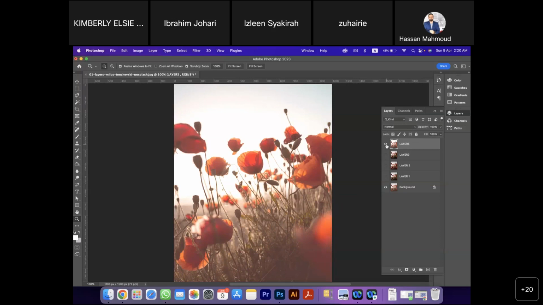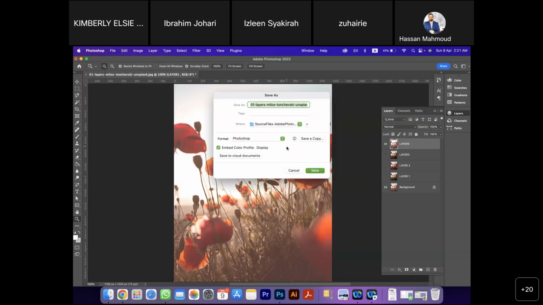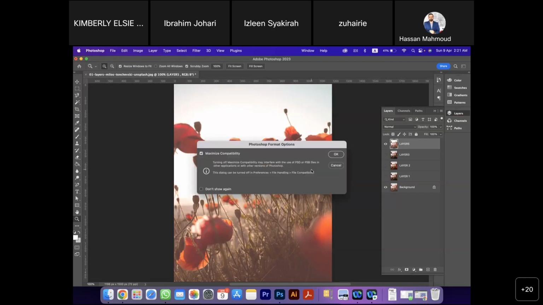Now, this is the first feature I really want you to understand, which is dealing with layers. If you want to save this file, we have a lot of options. Option number 1 is go to File, Save, and then you are going to get this window. Can you see the format here? It says Photoshop. Now, if I click Photoshop and save it,